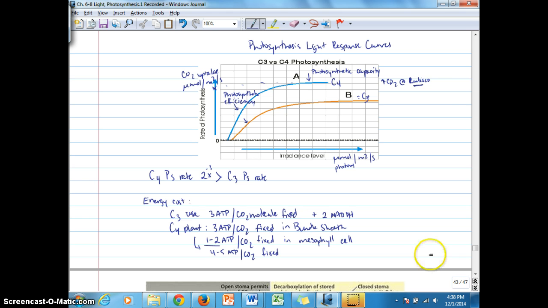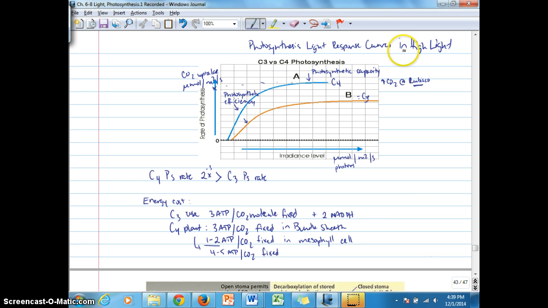However, when we consider these photosynthetic light response curves in high light, you can see that the photosynthesis of the C4 plant is thriving. But if we take this back down to low light, then the C4 maximum photosynthesis rate is going to decline. So C4 plants are most at an advantage in high light, which is during a time when the